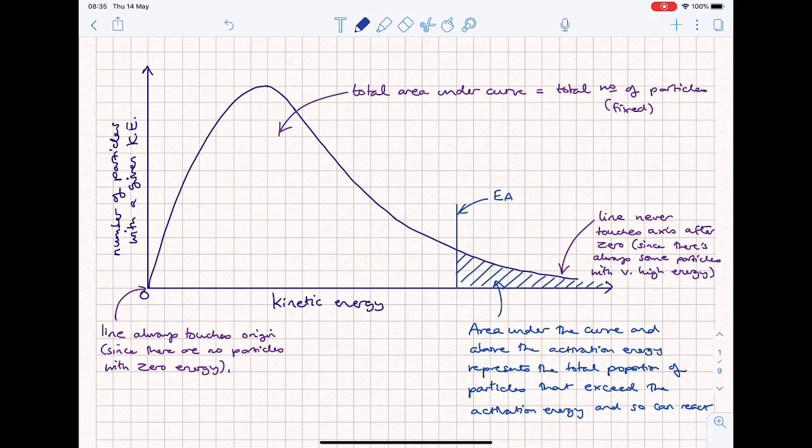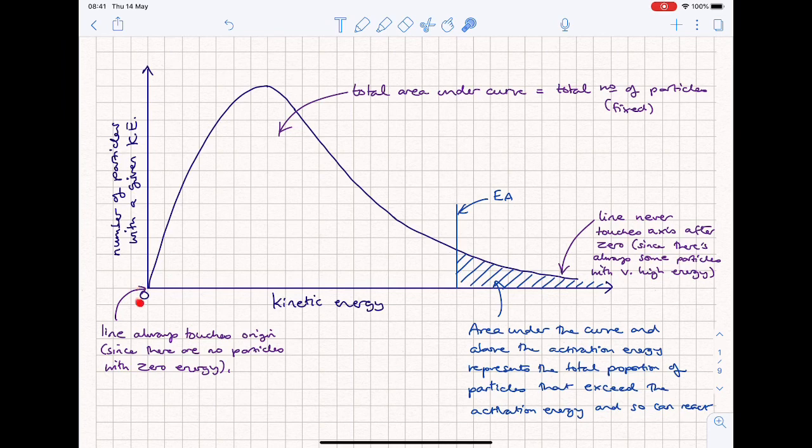On a Boltzmann distribution curve, the x-axis is labelled kinetic energy or energy, and the y-axis is normally labelled number of particles, or even better, number of particles with a given energy. Now there's three things that you must remember when you draw or sketch these curves. First of all, there's no particles with zero energy, so this curve must always touch the origin,